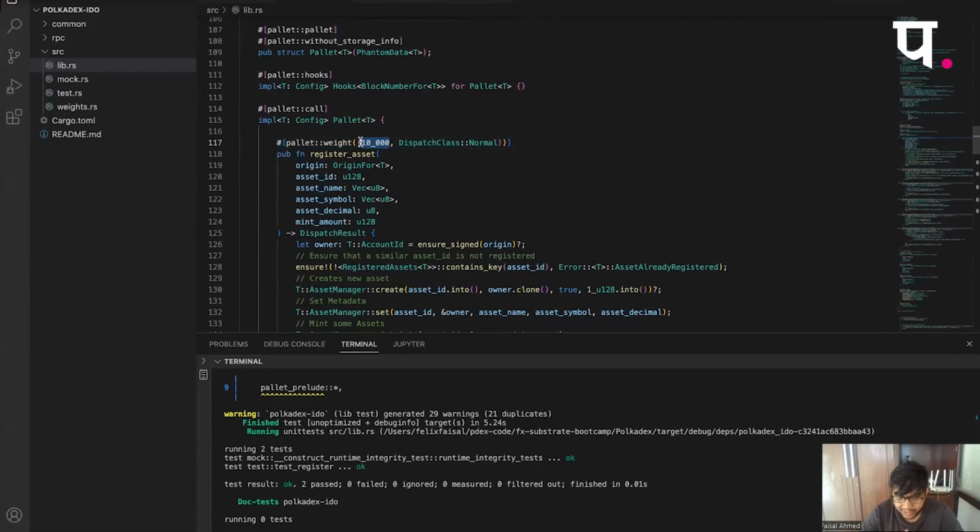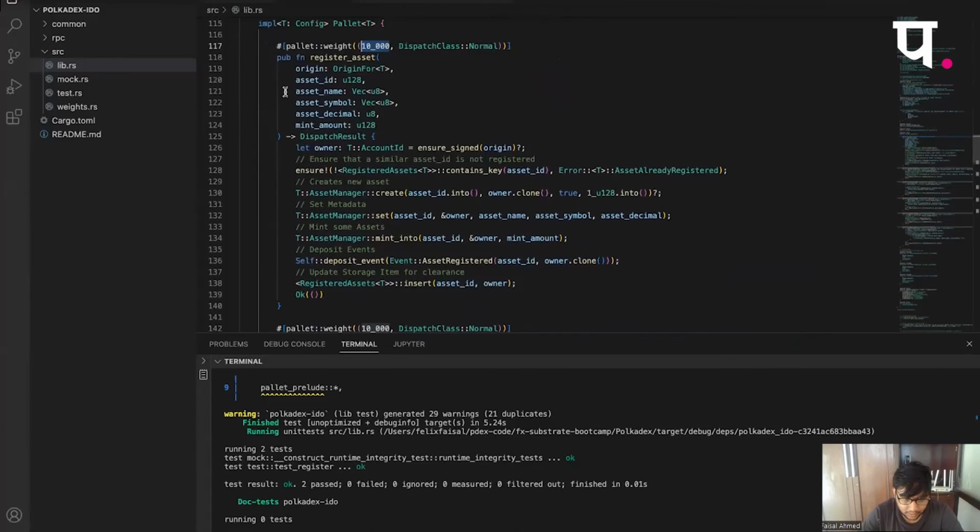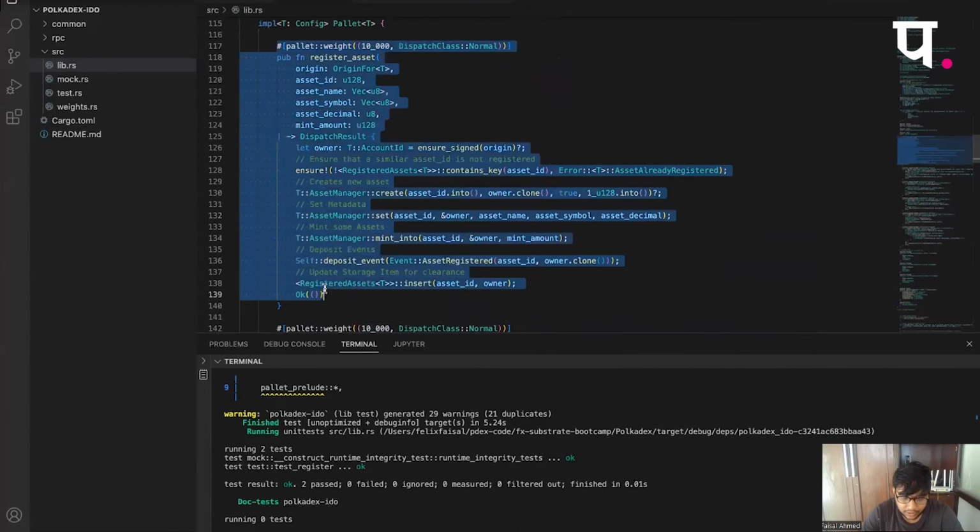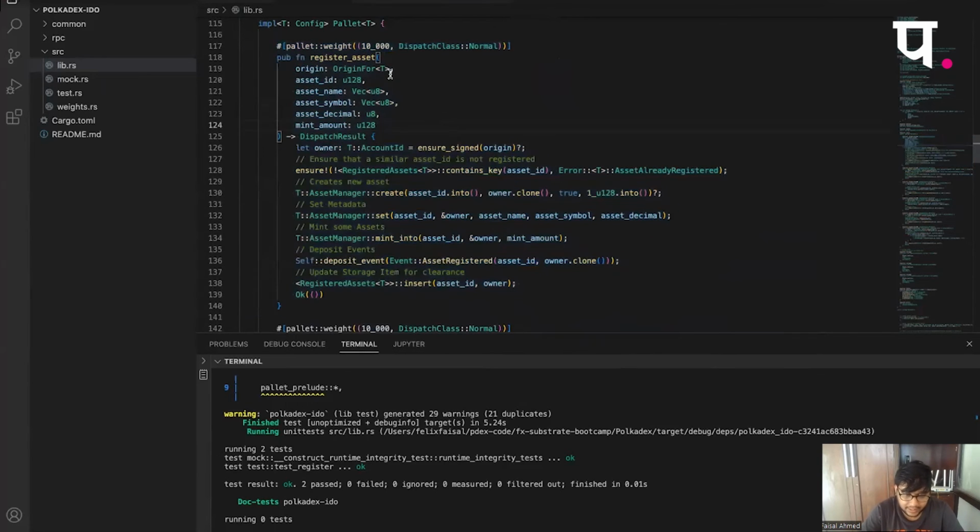So ideally what we do with benchmarking is that we test the worst case scenario. For example, I would put the testing of this entire extrinsic in the benchmark, and I put it on some machine. That machine will run this entire extrinsic in that worst case scenario, or multiple times to see if there are variants, and in turn give me a weight, and I can just use that weight over here. The whole point of using a weight is to ensure that we're not calling an extrinsic that is about to fail or something like that. So yeah, to very much summarize it, it's just to avoid DDoS.